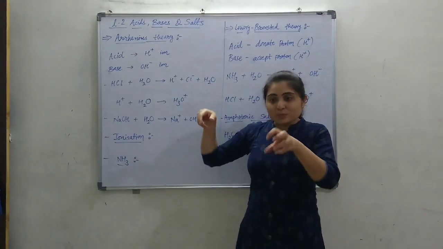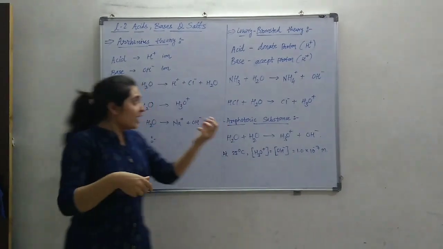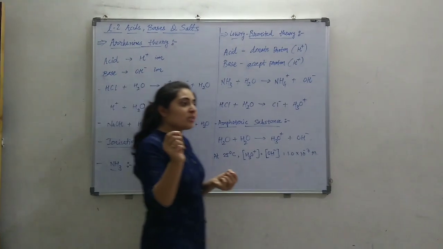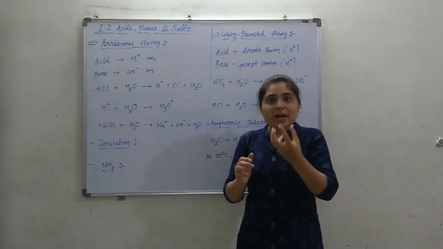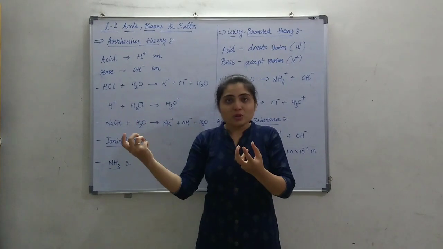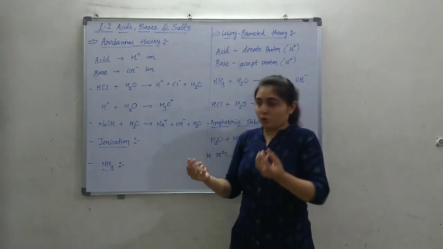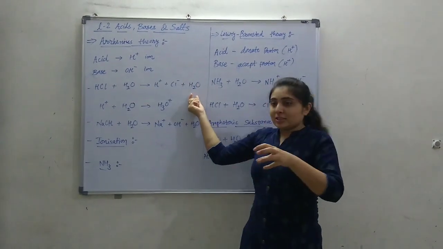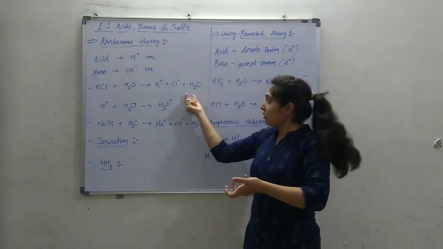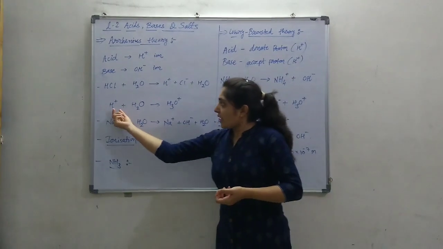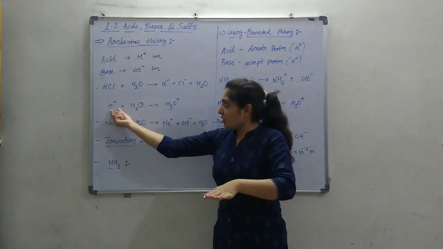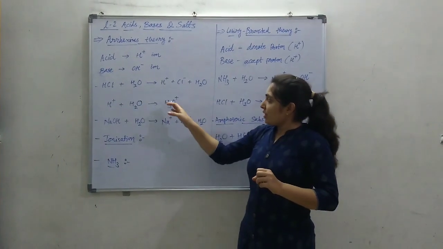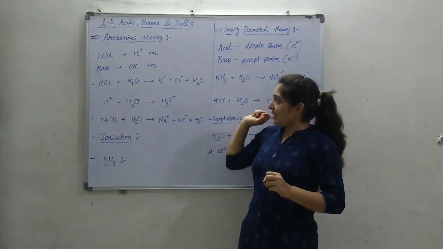But when H plus is separated from the chlorine, H plus and Cl minus, H plus is nothing but a proton, right? A hydrogen ion whose electron is removed from the orbit. So this proton will not be stable in a solution. That H plus will join with the H2O molecule, making H3O plus. So H plus will not be there in the solution. With H2O it is making H3O plus. So basically HCl plus H2O gives H3O plus and Cl minus.